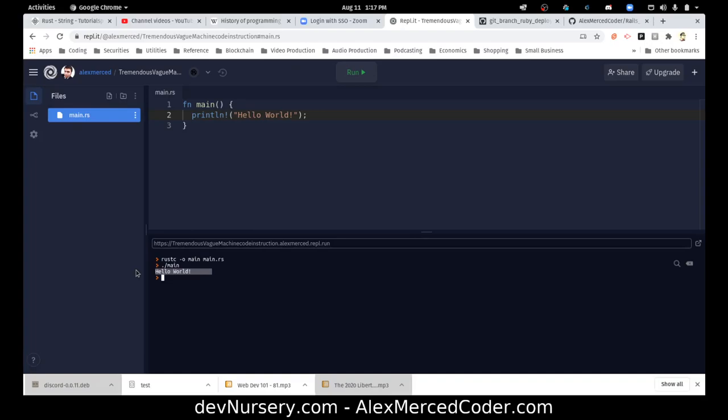Now the reason why Rust is cool, one, Rust is made by Mozilla, the Firefox people, but Rust tries to be sort of a low-level systems language like C or C++. Okay, one of the nice things about Ruby, Python, those interpreted languages, they do what's called garbage collection. So every time a piece of data is no longer being referenced, it goes in and cleans that up out of the memory. So this way you're not